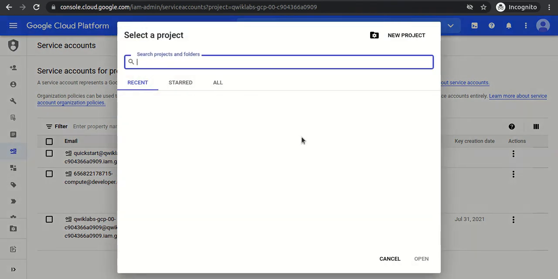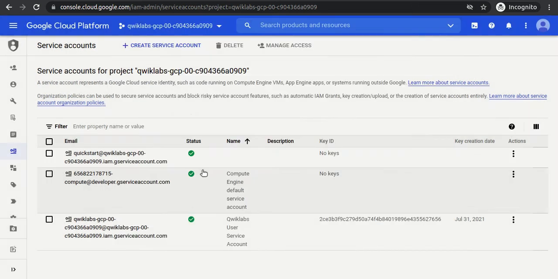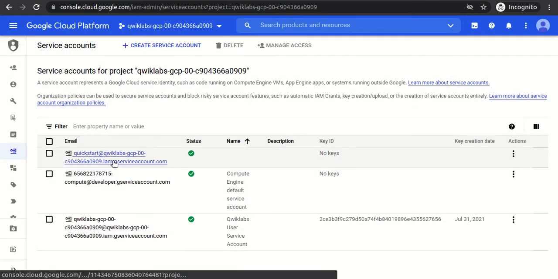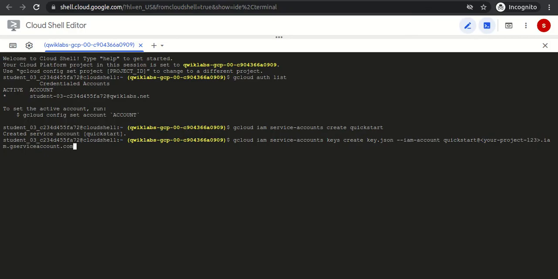It is basically starting with the project name and this IAM. So what we will do is place our correct service account here, @QuickLabs.